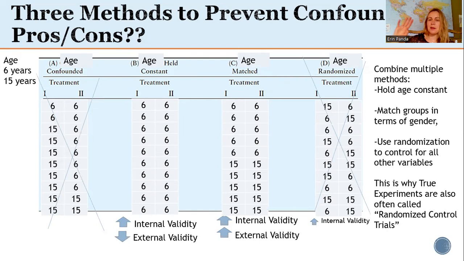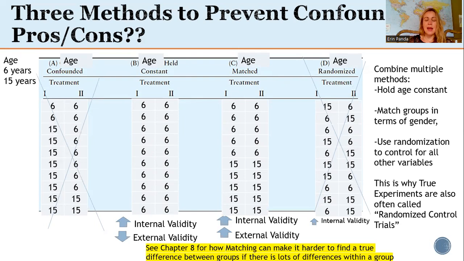We're going to talk about this problem in more detail in future videos, and you can read about it in chapter 8. But just briefly, the problem that we have here is because age, we know, is going to have a huge impact on our dependent variable. For sure, a 6-year-old, the way they think about math is going to be very different than a 15-year-old. We're probably going to have to use a totally different test to measure their math skills. If we have a mixture of younger kids and older kids in both of our groups, it's going to create a lot of variability within each group in terms of their math skills, and it's going to make it really